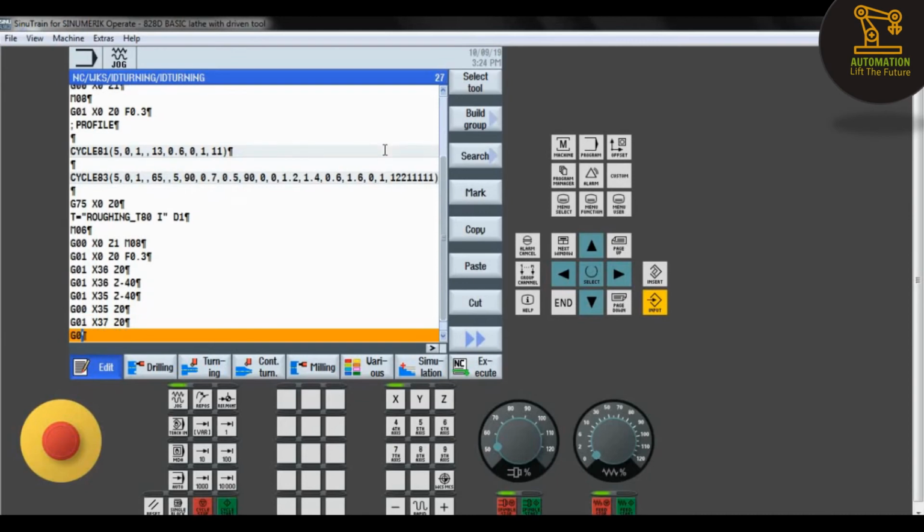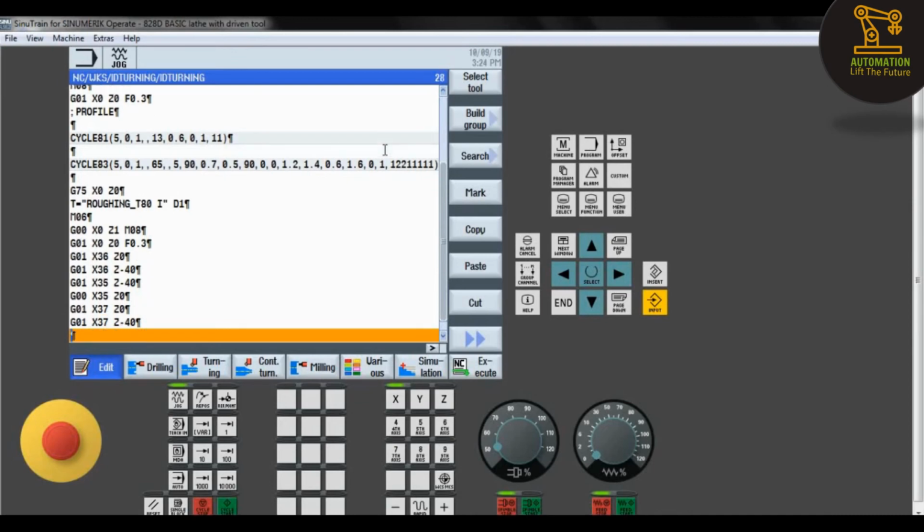And after that, G01, X37 and Z minus 40. So another 1 mm has been removed with this pass. Now we have to retract, so G01, X35, X36, we can also retract to 35 or 36, I was retracting to 36, and Z minus 40.